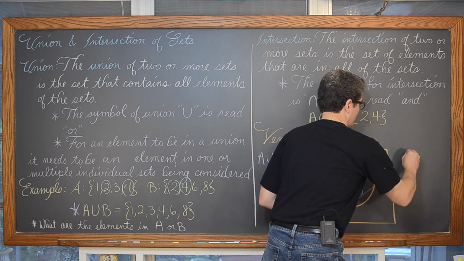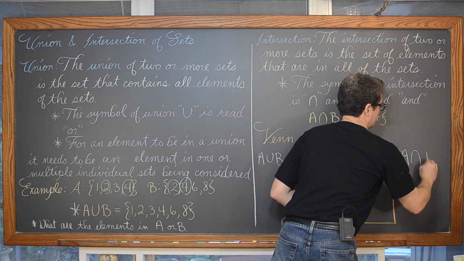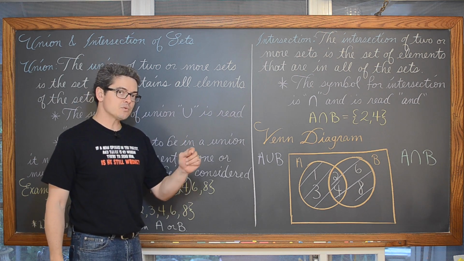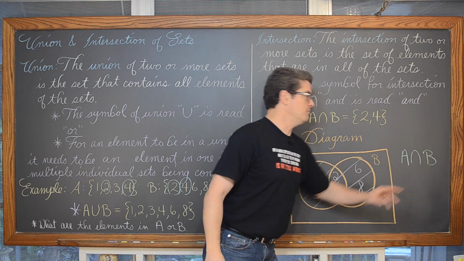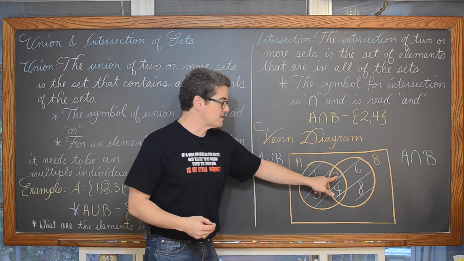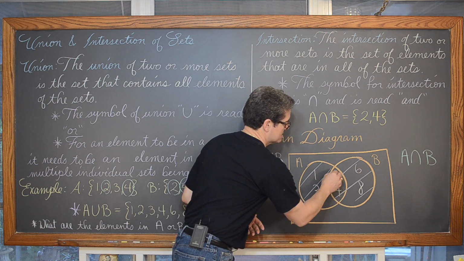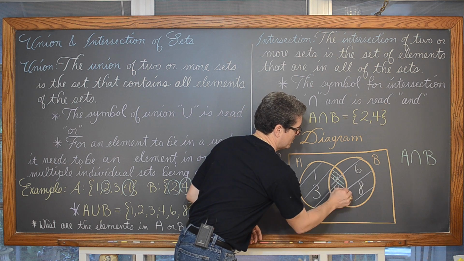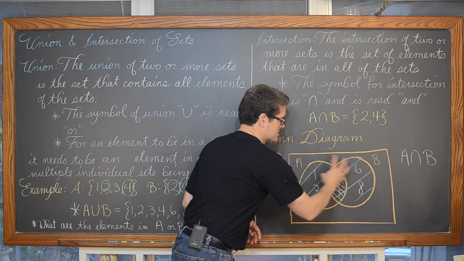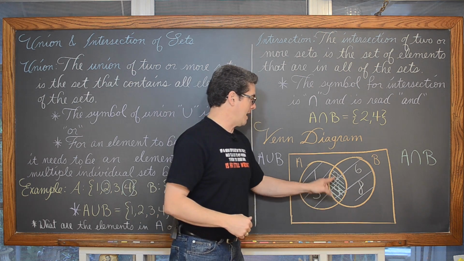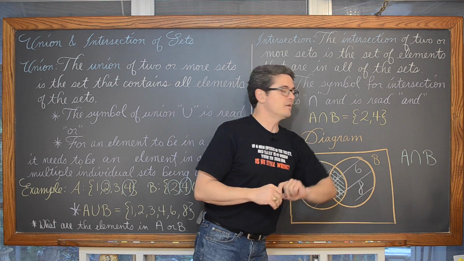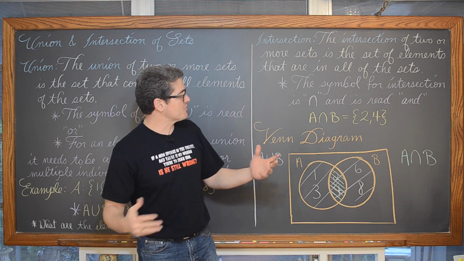Hopefully that sets up. If I want to shade the portion of this Venn diagram that represents the intersection of set A and B, where we're only considering elements that are in both of those groups, that's the overlap area. So you're probably not going to be able to read these letters or numbers very well now, but this overlap portion, where the circles that represent these sets overlap, is representing the intersection of set A and B. So we got this first page of notes done.